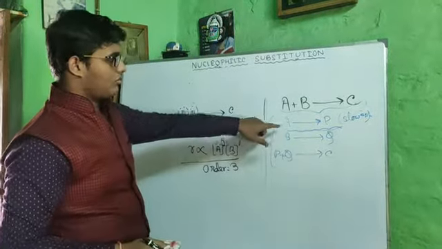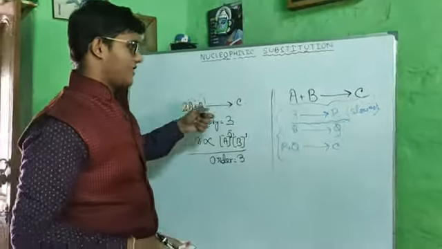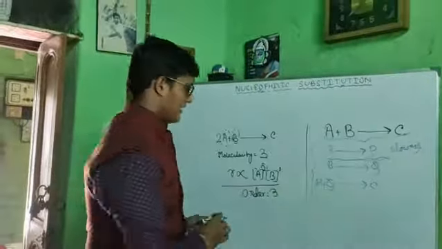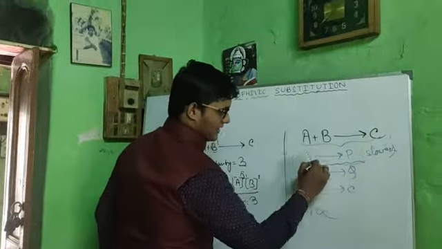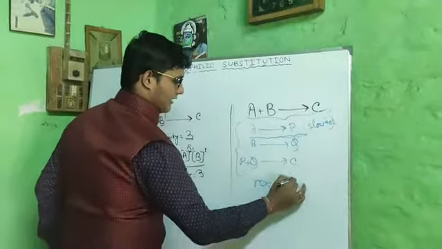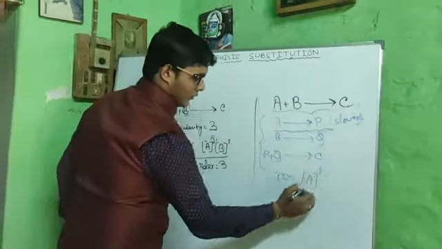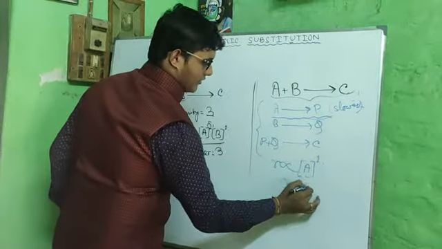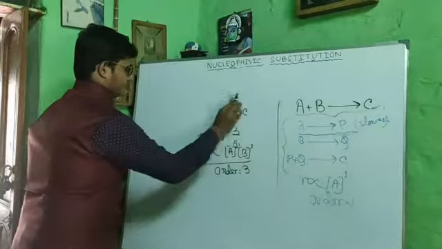And we all know that the complex reaction is made up of many simple reactions. So it is a simple reaction, just like this. There the rate will be what? Dependent upon the concentration of A. So it is 1. So the order will be here 1, only order 1. So that's all about order and molecularity of a reaction.